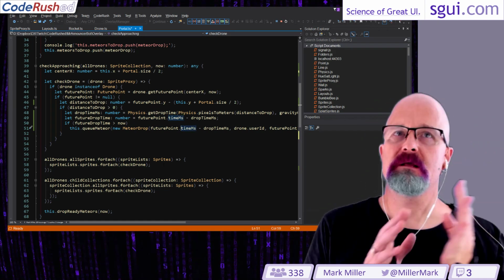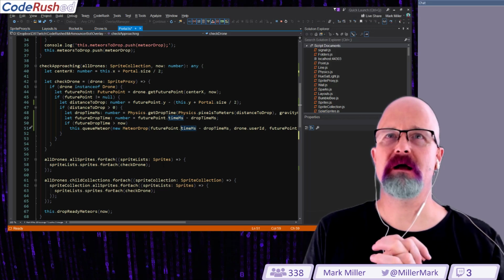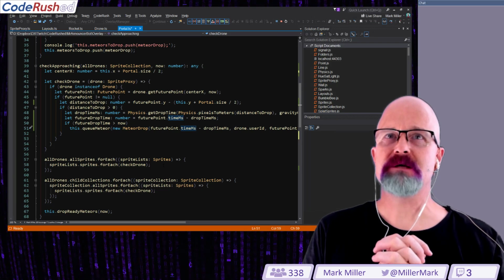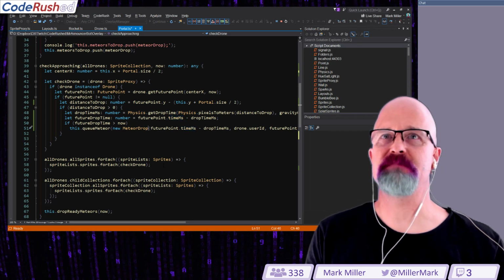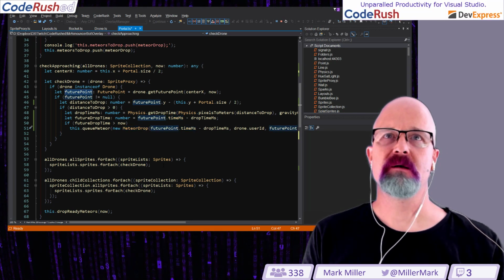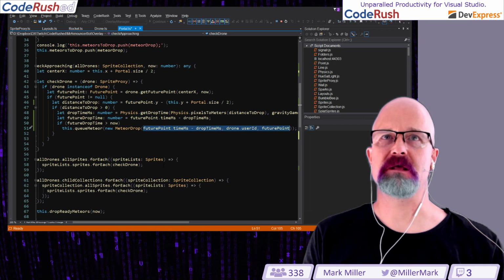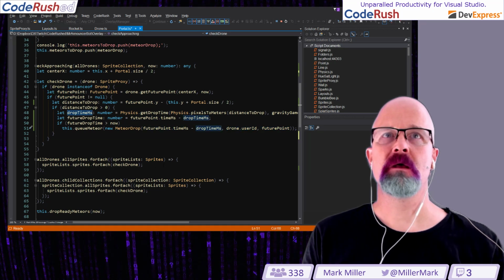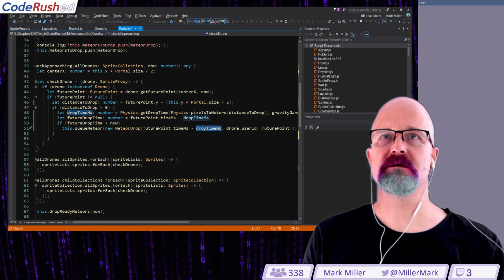Let's see, future point, the drop time is there. So we can calculate expected lifetime inside of here based on essentially these two numbers. Then the expected lifetime is essentially the drop time in milliseconds. What I could do to make this a little simpler,